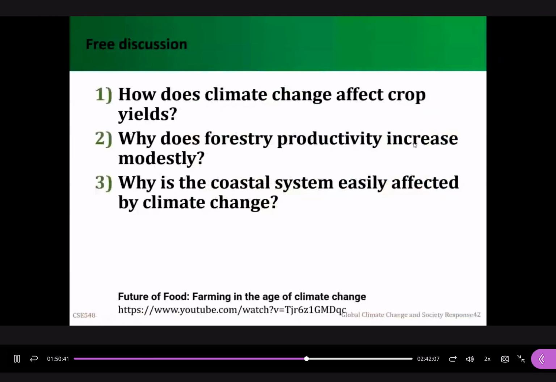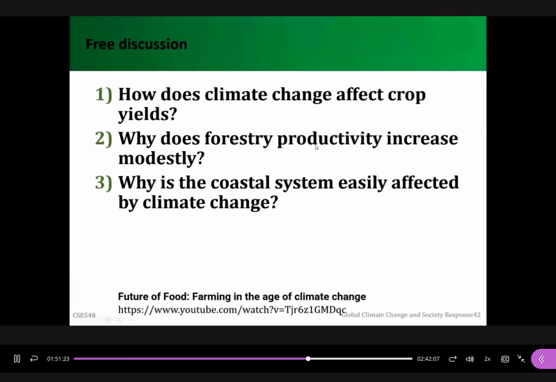Here are some questions for this. So how does climate change affect the crop yields? In this PowerPoint, we mentioned that the extreme weather events will cause the reduction of the crop yield. The temperature increase, the daytime temperature increase, will reduce the crop yield. And in the next class, we will talk about more factors that will affect the agriculture, such as the viruses, the invasive diseases, or the grasses, and so on. Many factors can affect agriculture.